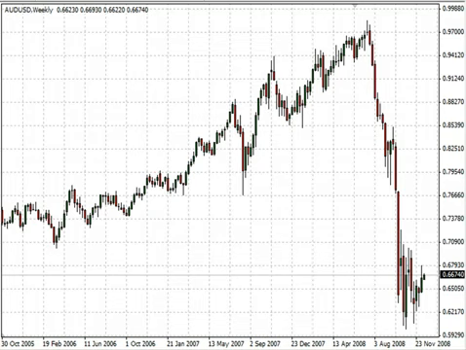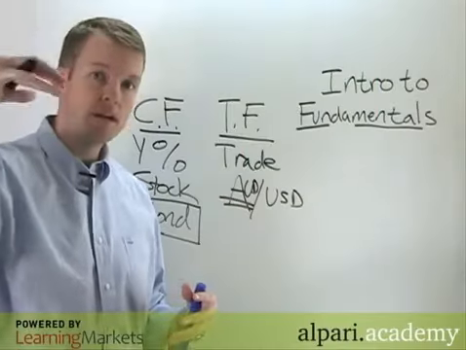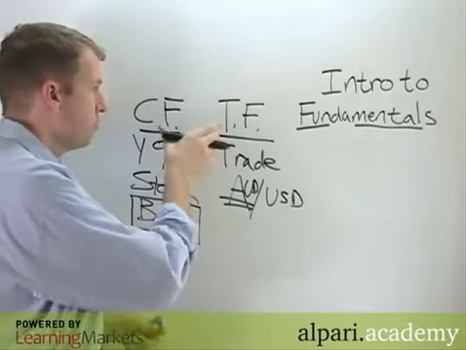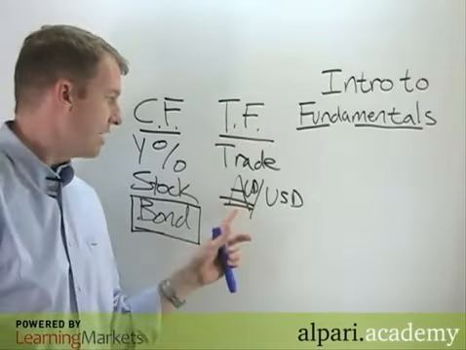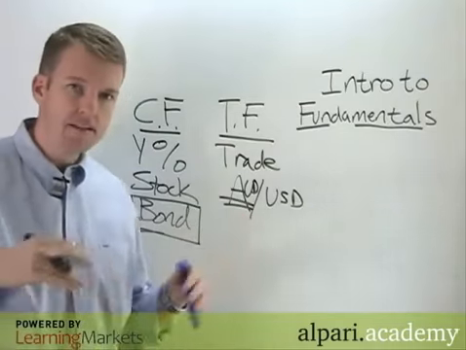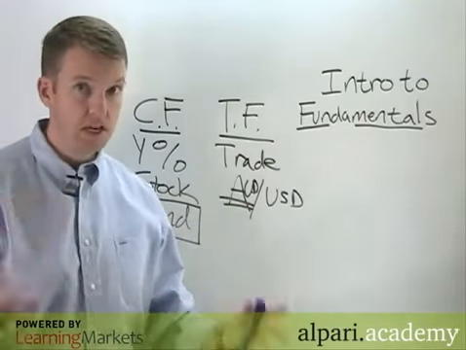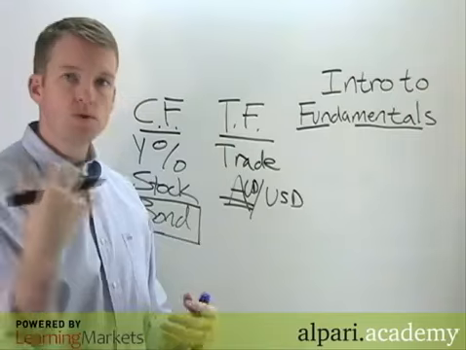At the same time that they've had very high benchmark interest rates. So the Australian Central Bank, the Reserve Bank of Australia, has had one of those real benchmark, real high interest rates. So both capital flow and trade flow has been definitely in favor of the Aussie. So we got this big move to the upside for several years.